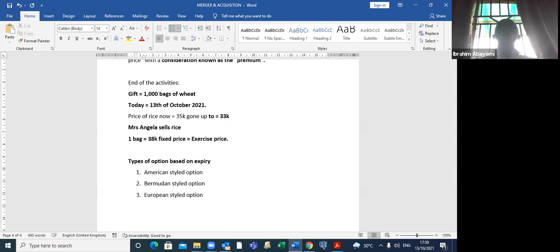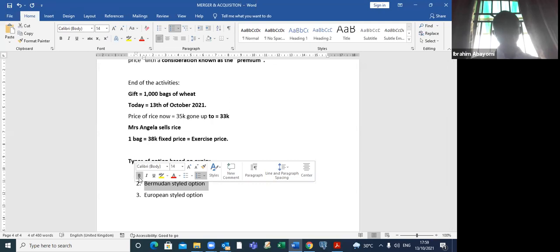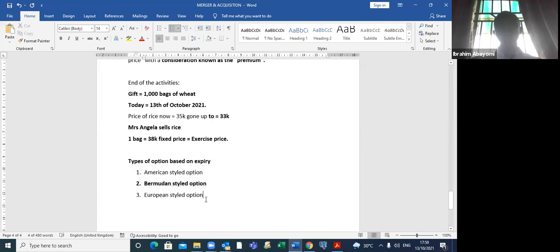Don't mind me. But for those of you that have traveled to the Western world, and you know your geography very well, we're made to know that Bermuda is a country in between Europe and America. So you can understand what that means now. Bermuda is a country in between American and European.